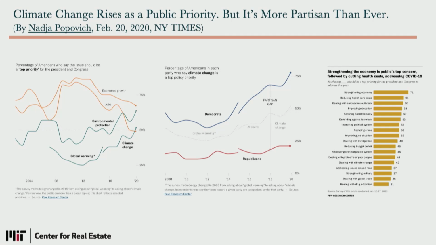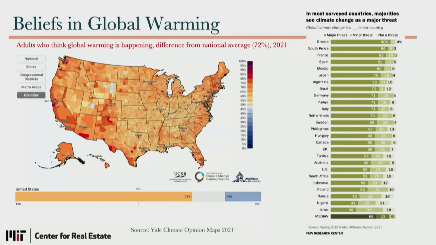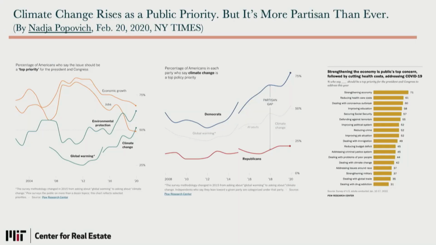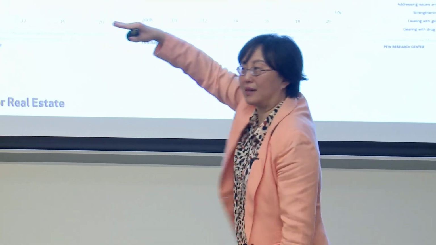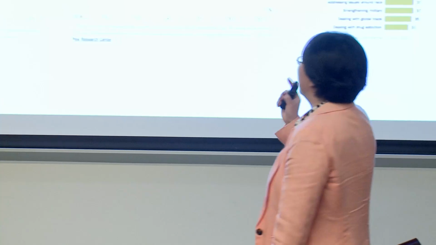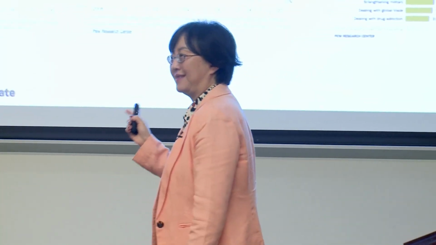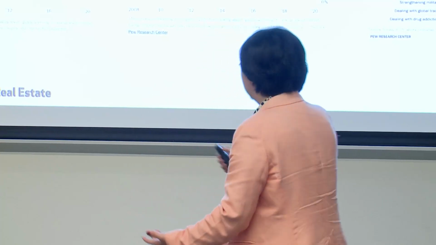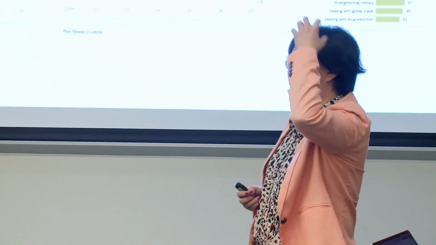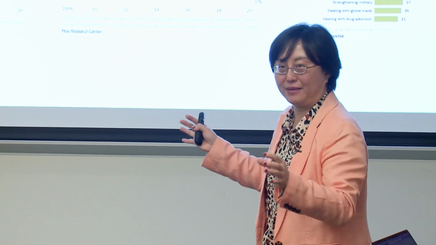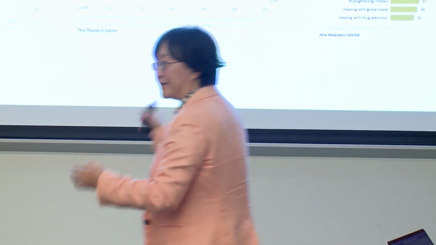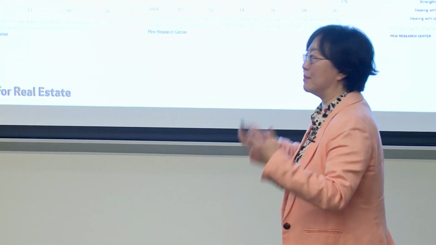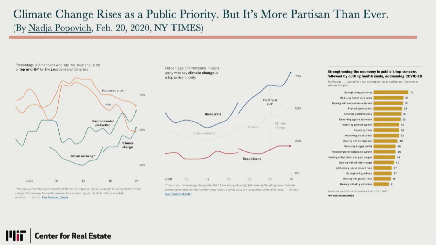This is the percentage of Americans who say the issue should be a top priority for the president and the Congress. Clearly you can see a very interesting thing: they have cycles, they're not flat all the time, right? When the economy is good, people are happy with jobs and wages and all other things, and they have more brain space to worry about climate. When the economy is so bad, in a recession, we don't know whether tomorrow we will have lunch or not, and we're not going to worry about climate.